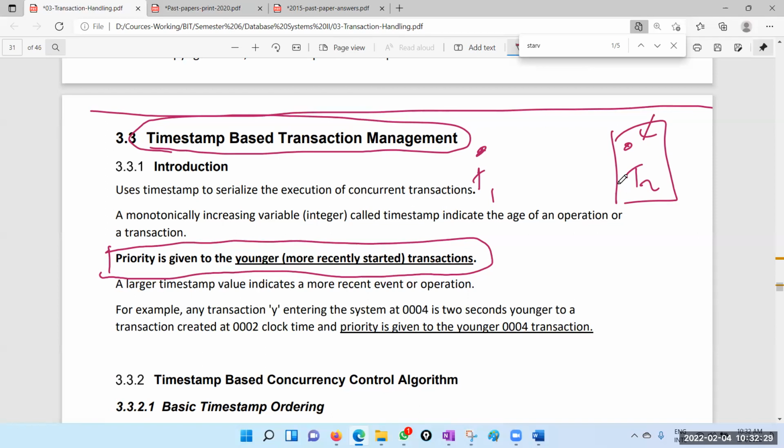Older transactions are given low priority. Actually, older transactions have to roll back also, right? Okay, so that is the main idea. Keep this in mind. Keep this in mind. Priority is given to the younger transactions, the ones that started later. Okay,